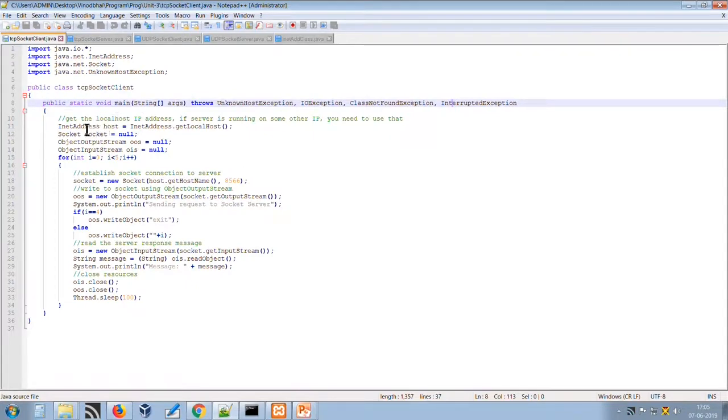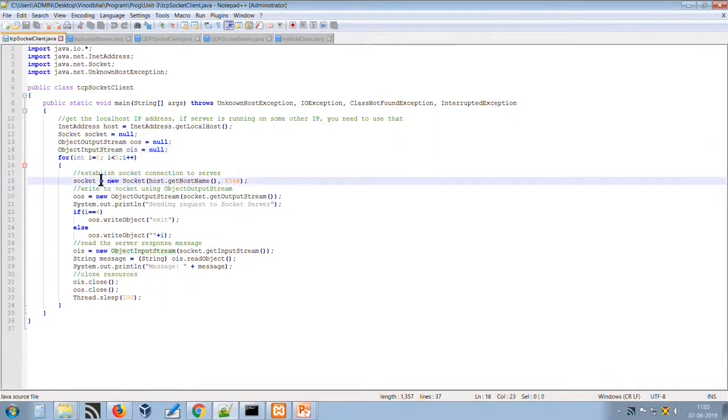Then in the main method we are getting the IP host address using the getLocalHost method of the InetAddress class. We are creating the socket instance for the client, initialized with null initially. Then we are creating two instances, ObjectOutputStream and ObjectInputStream, to send data to the server and read data from the server.